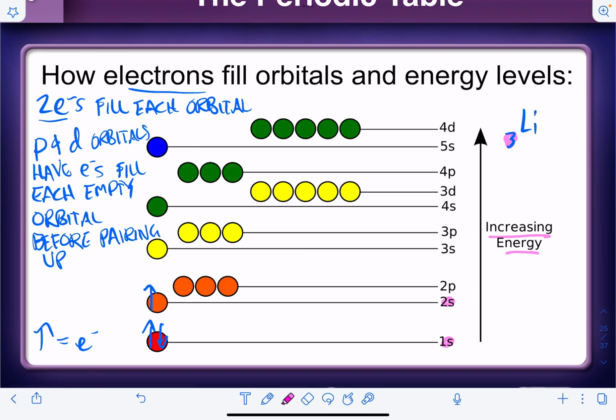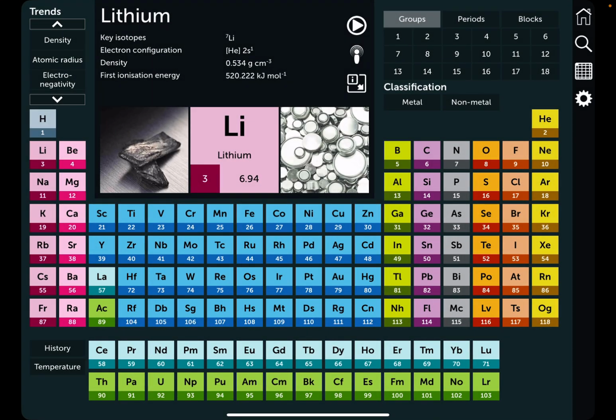So I'm going to write the electron configuration. And what does this mean? This is the address for these electrons. So right now, they are in the 1s orbital and the 2s orbital, and there's a total of 2 in the 1st energy level, and there is a total of 1 in the 2nd energy level, and together they equal 3 electrons. Now I want to show you how they fill the p orbital, and in order to do that